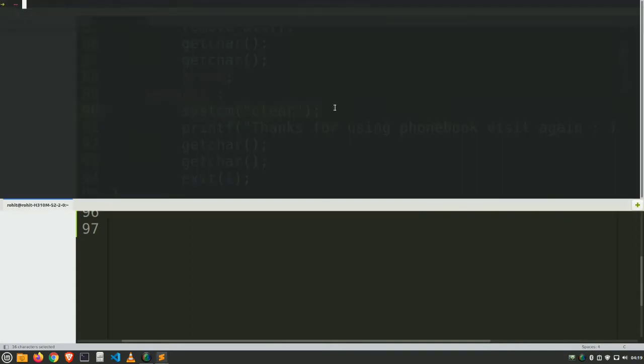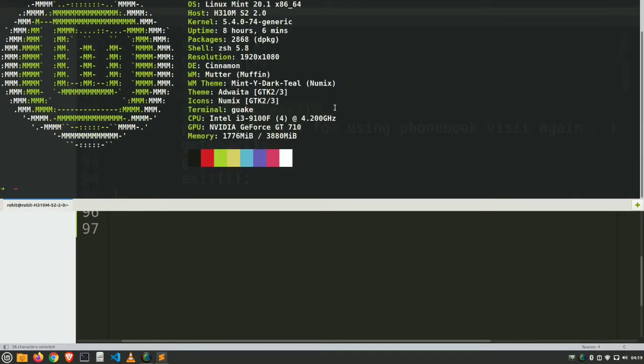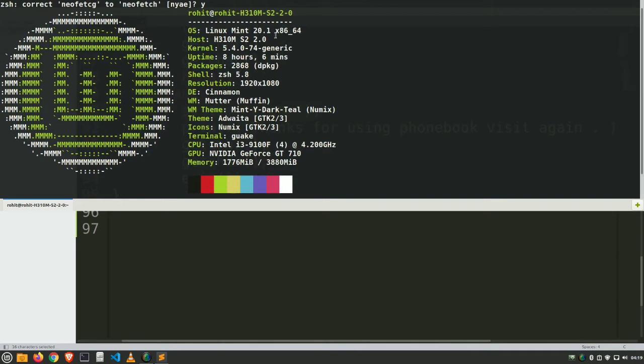As you can clearly see, I am using Linux Mint. It is a very popular OS. If you are a coder, then it is also good for you. I highly recommend you use a Linux operating system. If you are studying computer science, it will be very useful for you.